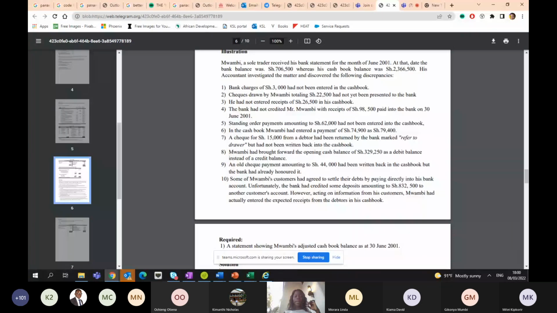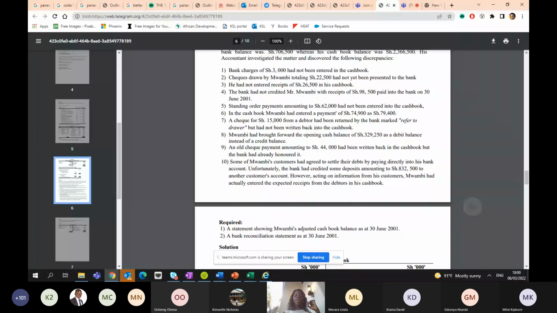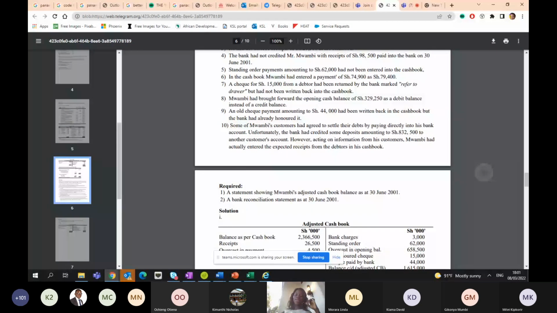Then here we have in the cash book, Mwambi had entered a payment of 74,900 as 79,400. So there's an issue there where we have a big number. Basically what had happened here, you want to know whether the number was more or less. We put it as 79 as a payment instead of 74. So it means that we overstated. If we overstated, by how much? Basically what you do is 79,400 minus